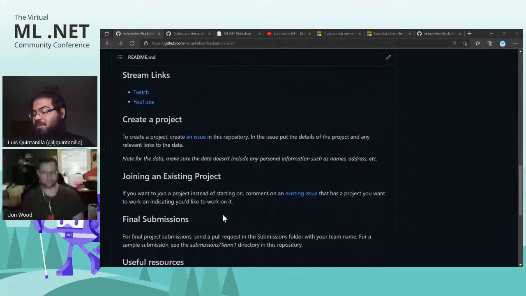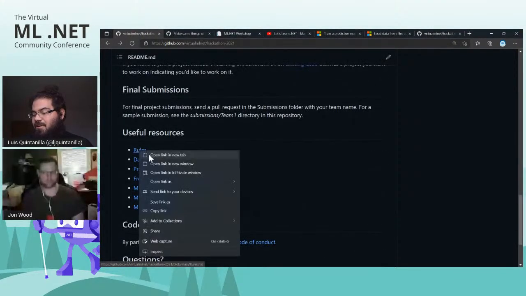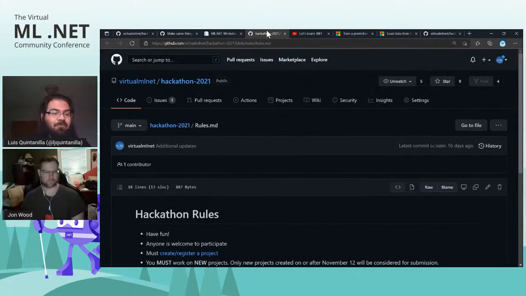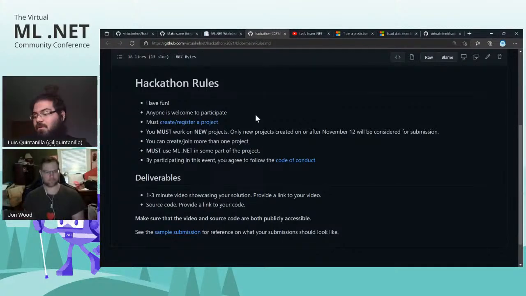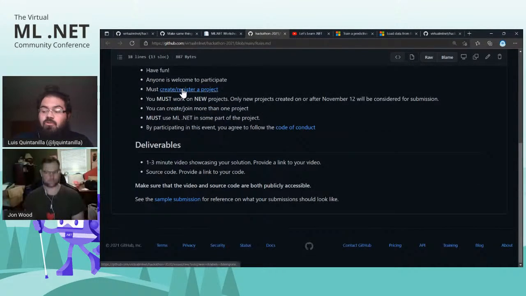So it actually brings us to a really good next section here, which is the rules. There's actually not a lot of them. The main one is just to, again, have fun, learn something, collaborate with folks, meet people, which hopefully is something that these hackathons help all of you do. Again, anyone is welcome, whether you're new, there's resources out there, Discord, docs, whatever it may be. You do have to create and register a project. That is something that you do have to do, because that officially says, hey, you're joining this. And people are aware, and maybe you can get contributors as well if you're looking for them. And you must work on new projects.